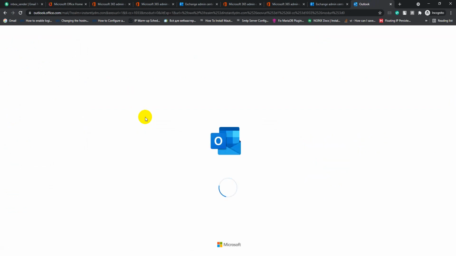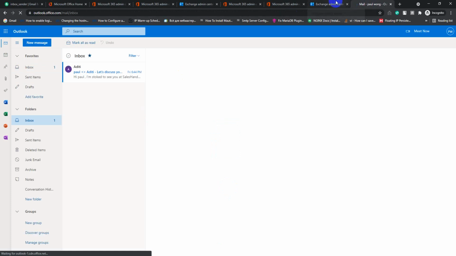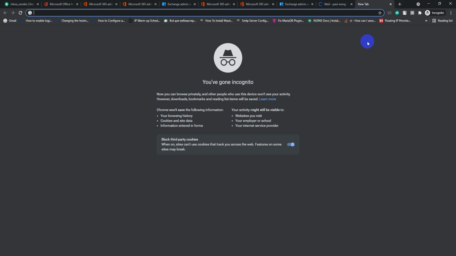Just go to Office 365, click Outlook, and let's send a test email to the mail tester and check our SPF, DKIM, DMARC record, whether it's working or not, and check the setup score of our Office 365. Okay, very nice. Let's test our mail server.